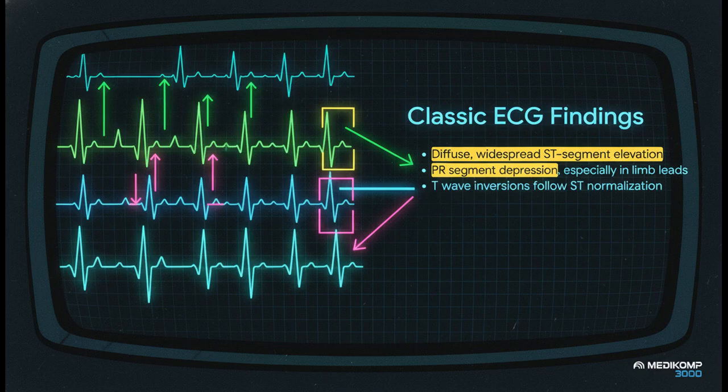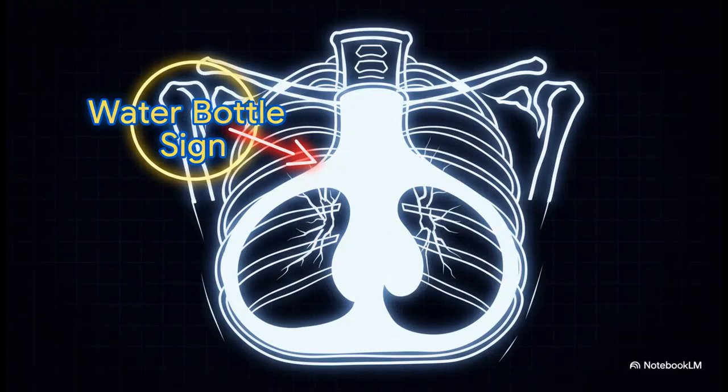That's totally different from an MI, right? An MI has localized ST elevation and those reciprocal changes. With pericarditis, you don't see those reciprocal changes. And hey, don't forget to hunt for that PR depression. It's another huge giveaway. And for all you fans of classic buzzwords, here's another one for your collection, the water